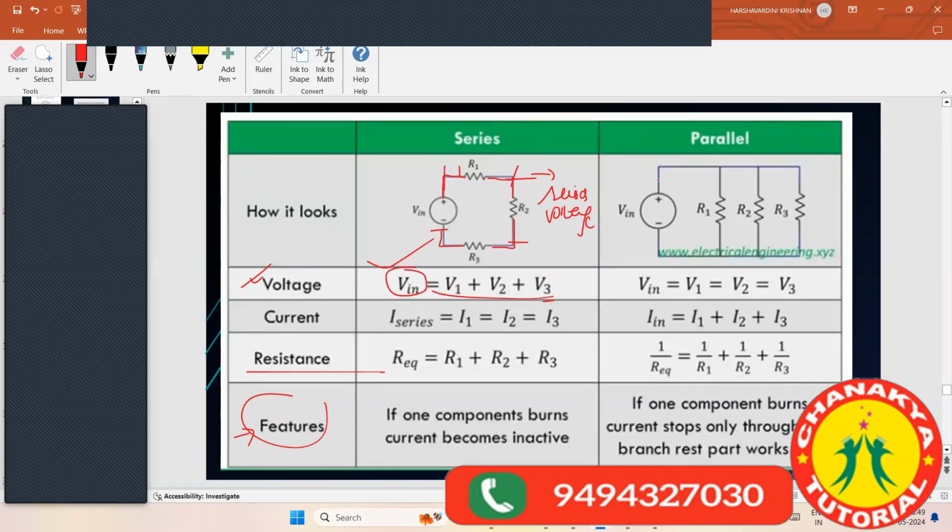But here you have the path difference. Splitting up of current is there, splitting up again. You have the current split over here, but here there is no current split. The current starts from here, goes here, comes here, and goes back. But if you see here, the split is there. One passes through resistor 1, another through resistor 2, and another through resistor 3. For example, if I have switches, I can have only one switch in this circuit.